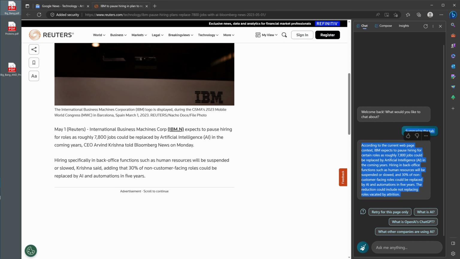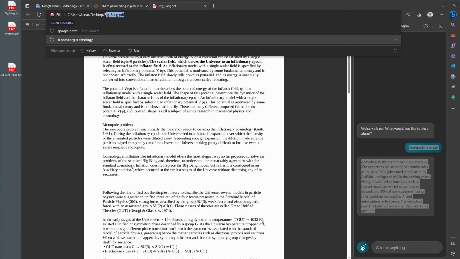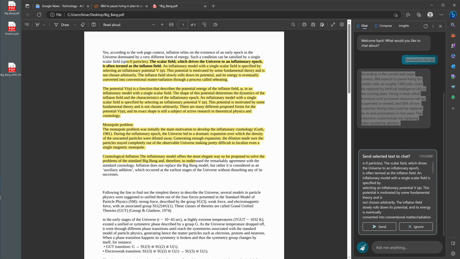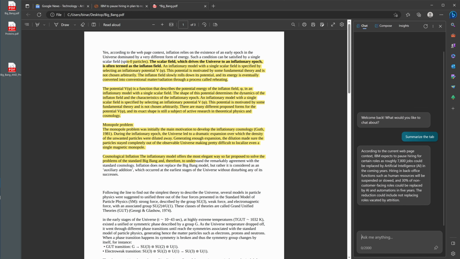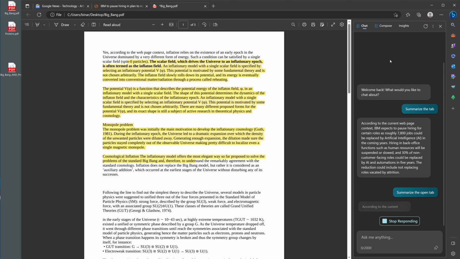So one click, you take your PDF, you put it here, you say copy. Here I have now my local PDF, here on my Windows machine, yes. You can highlight it, you can whatever you want to do, beautiful. And then you just say, okay, summarize the open tab. So whatever is in the current tab, here we have Microsoft Bing Chat will analyze it